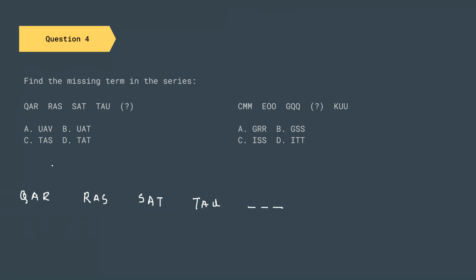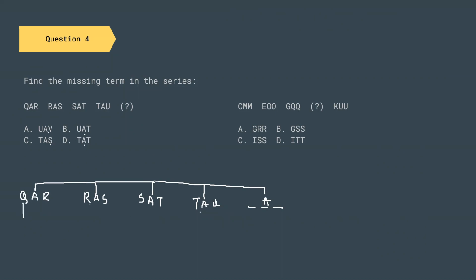The first thing we can see is that A is common in every word. So this is A here, this is A here, and by extension, we can say that the middle letter will be A. Now that we have filled one letter, let us look into the options. All the options contain A, so we cannot eliminate any options right now.